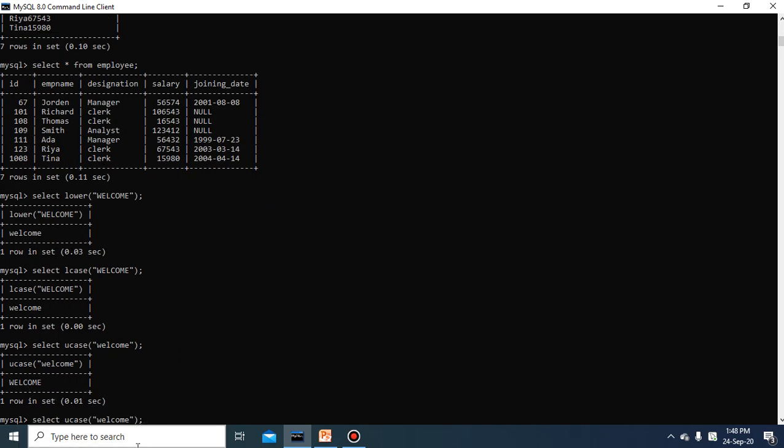We can use the table data also. Suppose I want to convert all the employee names, which you can see have the first letter in capital, into uppercase.